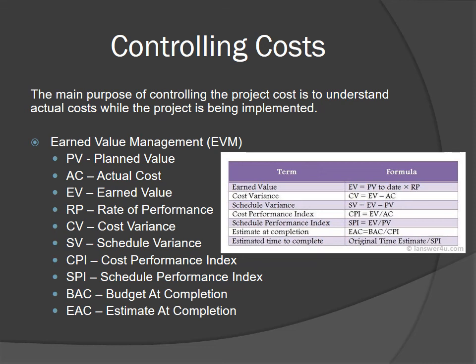Cost variance is the earned value minus the actual cost. It provides information on whether the project is over budget or under budget. Schedule variance is the earned value minus the planned value. It provides information on whether it took longer than planned to perform the work required, or the work took less time than planned. Cost performance index,